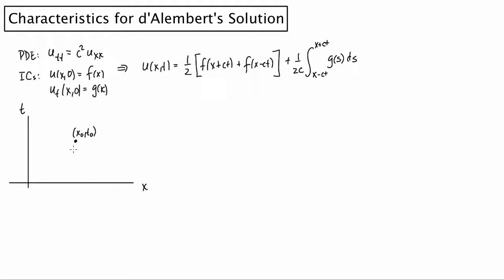Well, it turns out that in order to properly describe this, remember this thing moves at speed c, so I want to backtrack here and say, okay, if we go backwards with slope 1 over c, and we go forwards with slope negative 1 over c, then those two lines